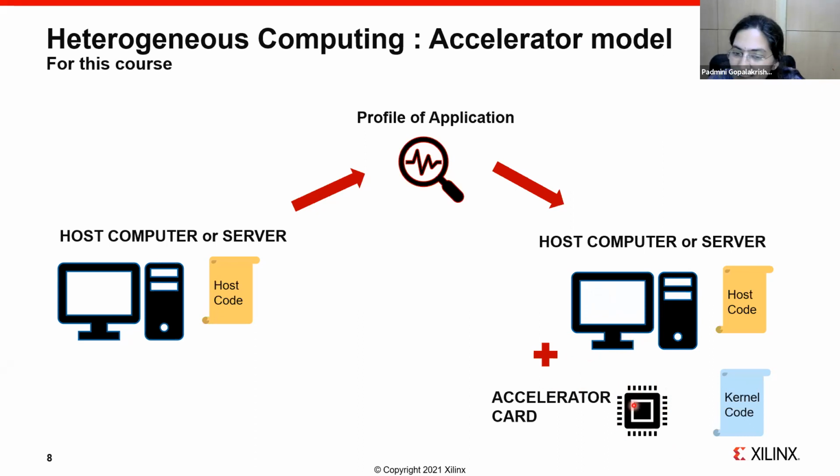Did that make sense? Did that answer your question? Ma'am, just another question rose into my mind. Sure. Like when the accelerator is performing the calculation and it sends the data back, what if the speeds don't match? For example, when the computer requires the data before the accelerator sends the data back.